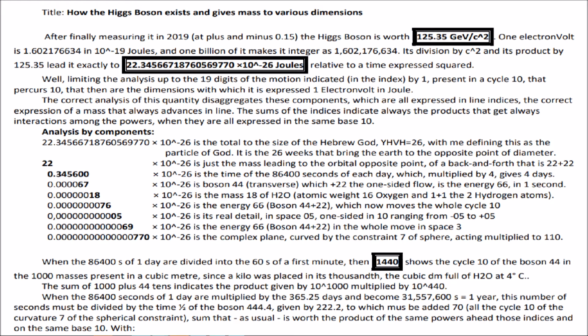Its division by c squared and its product by 125.35 lead it exactly to